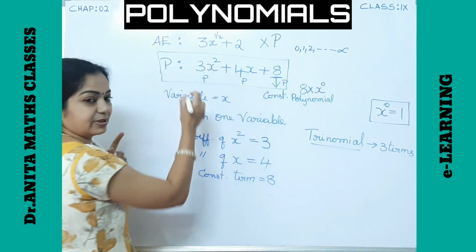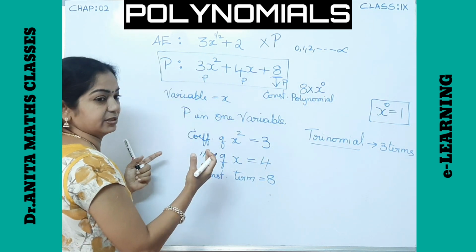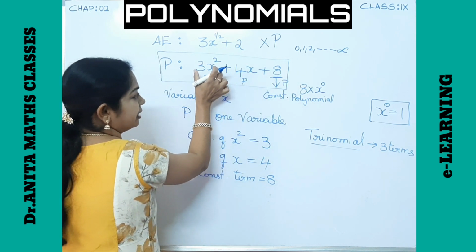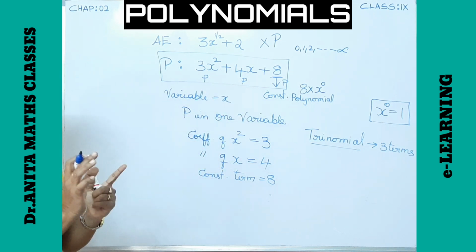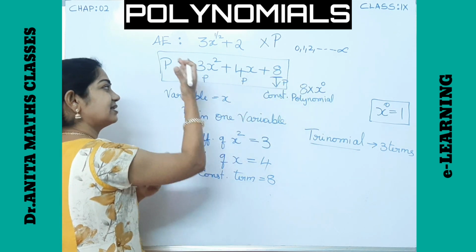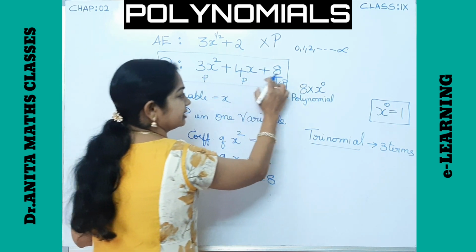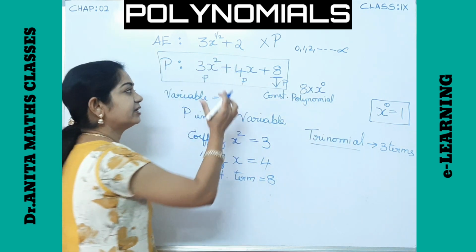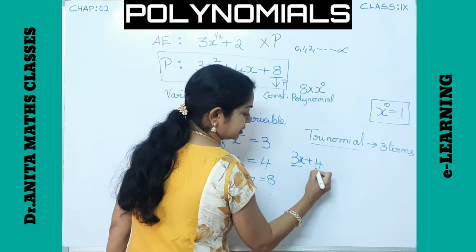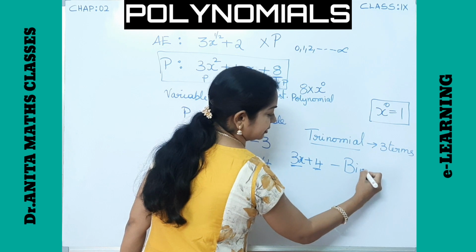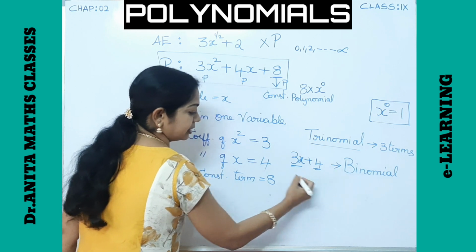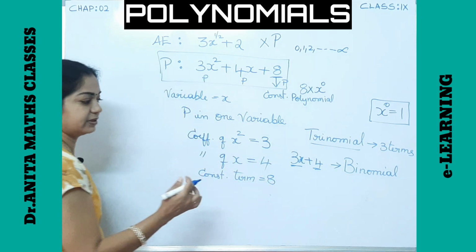So all these are polynomials. Adding all the polynomials, you get another polynomial. So in a polynomial, this one thing is called a term. When you add or subtract, I'm not talking about multiplication, you get a combination of polynomials, that is nothing but a polynomial. So we have 3 terms here, so we call it a trinomial. If there are 2 terms, for example 3x plus 4, this is called a binomial. Bi means 2. Likewise monomial. Monomial means having only one term, whatever it is.